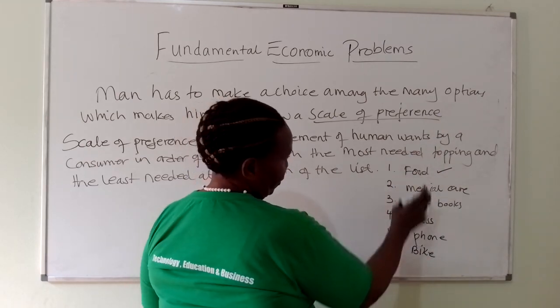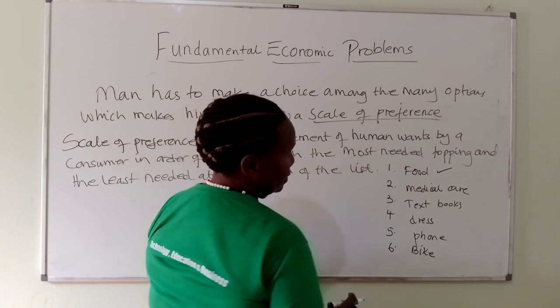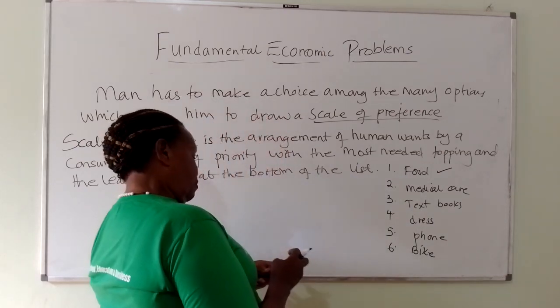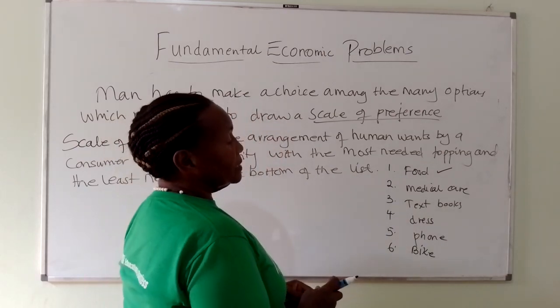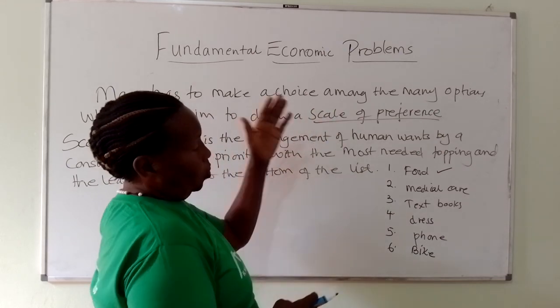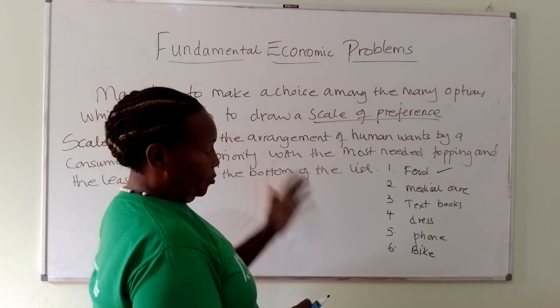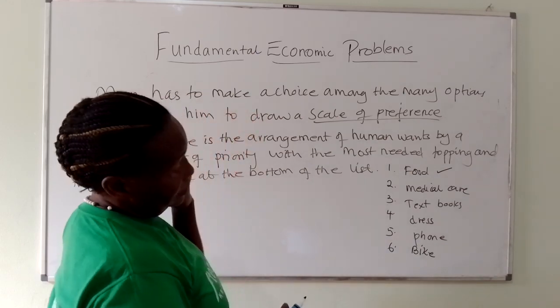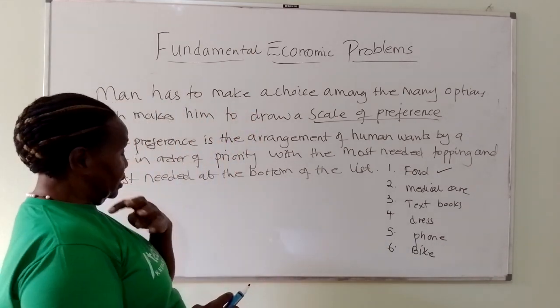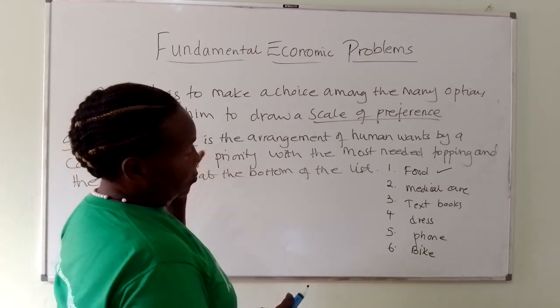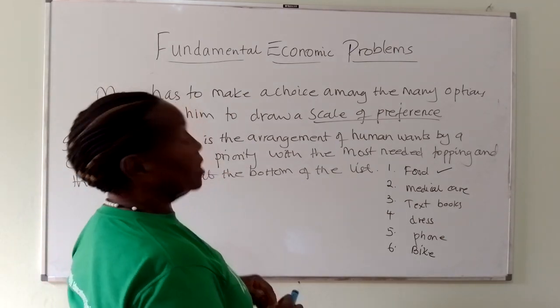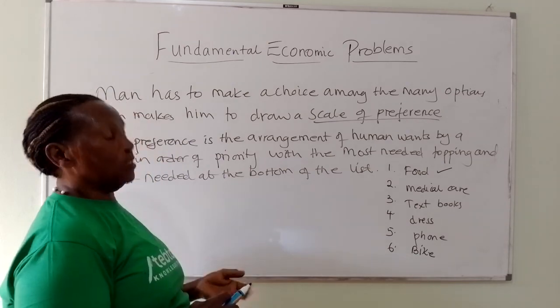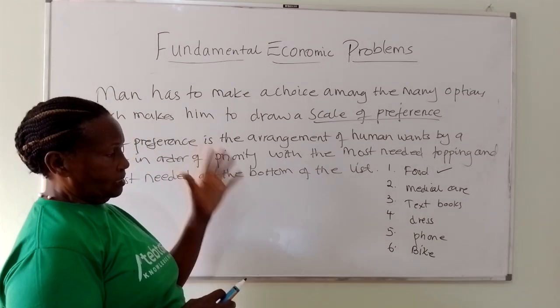And here, as I was emphasizing, the scale of preference assists the consumer to make choices much more easily, because it is guiding you on what is important. And though we don't normally write it down, at least we have it in our mind what I want today with my income is this one, so that you don't have random shopping and random wastage of resources, but you are systematic.